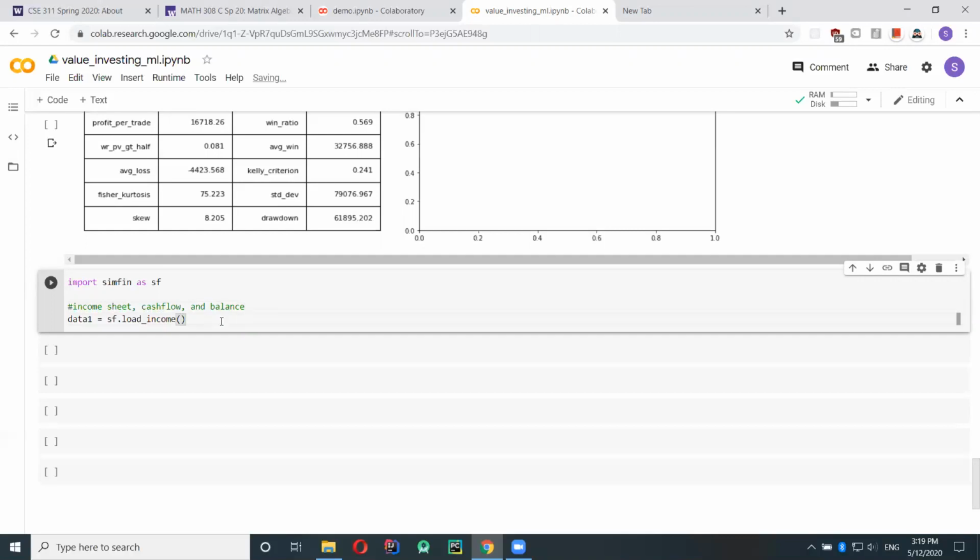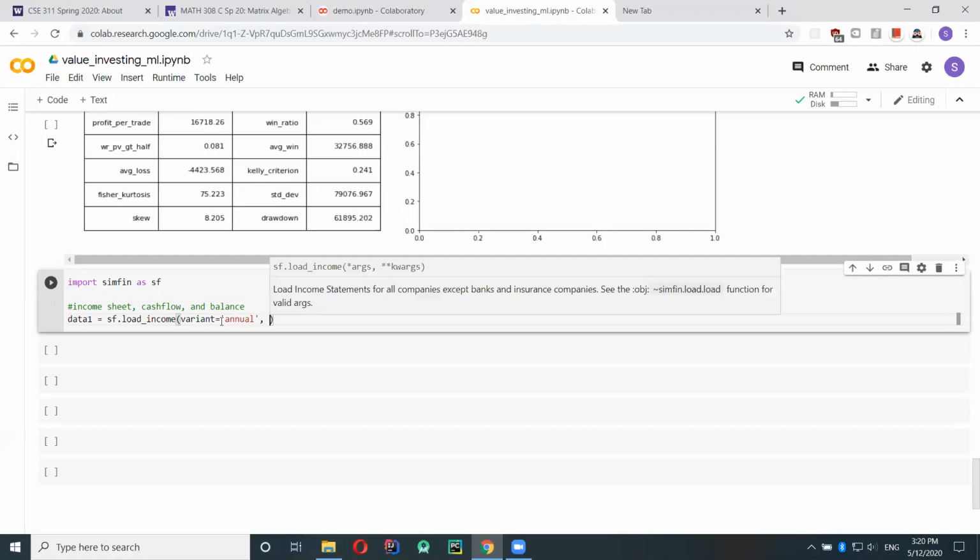Okay, so load income, variant equals annual. There are different time frames you can get. If you do variant equals quarter, it gets the data four times a year.